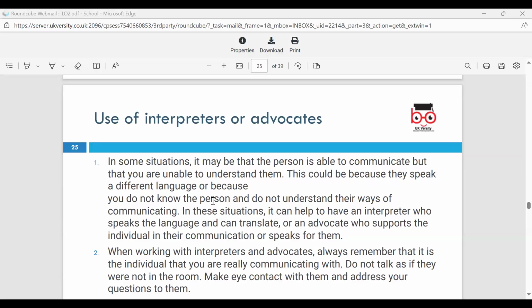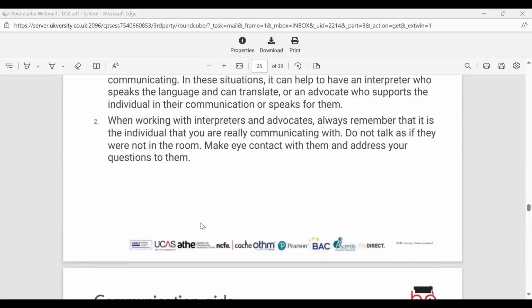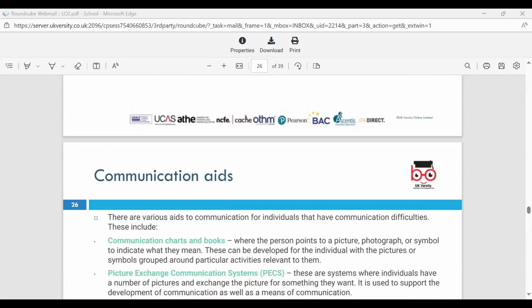So the use of interpreters or advocates is really important for translating spoken words between languages. And an advocate is an independent representative to ensure that an individual's needs and wishes are understood and heard, particularly if they have difficulty in expressing themselves. Having an interpreter is really important, especially when taking issues like language barriers into consideration. There are people with different language barriers that you have to take into account, or someone is disabled and has issues with speech. They're not able to convey the message across. So you need to maintain professionalism and get that message across.